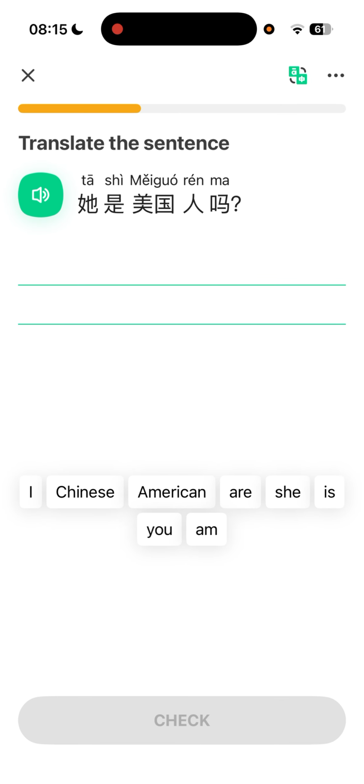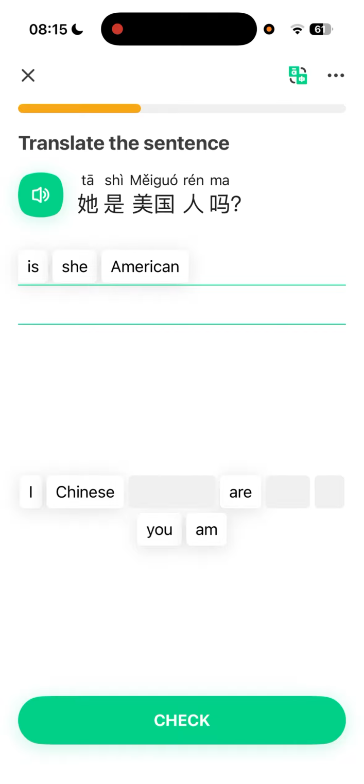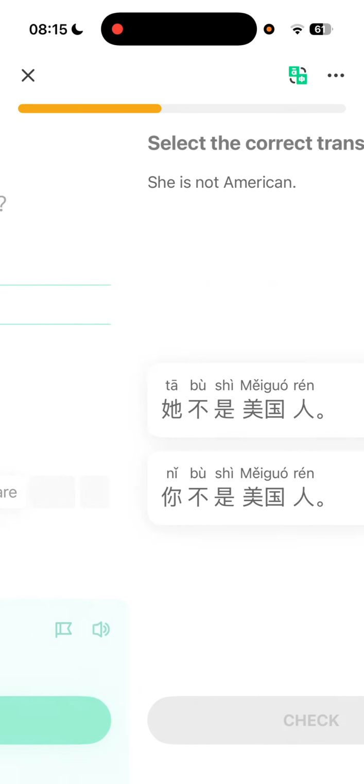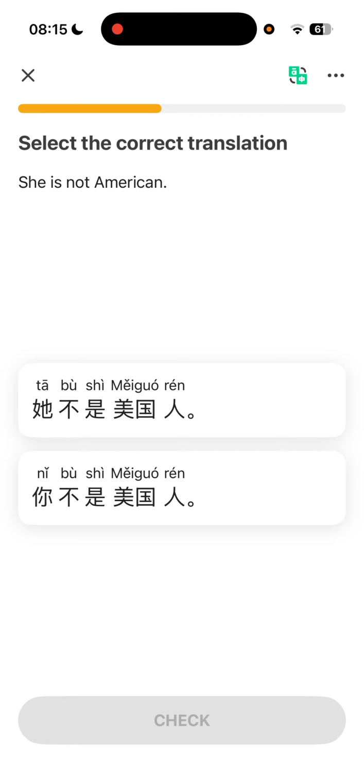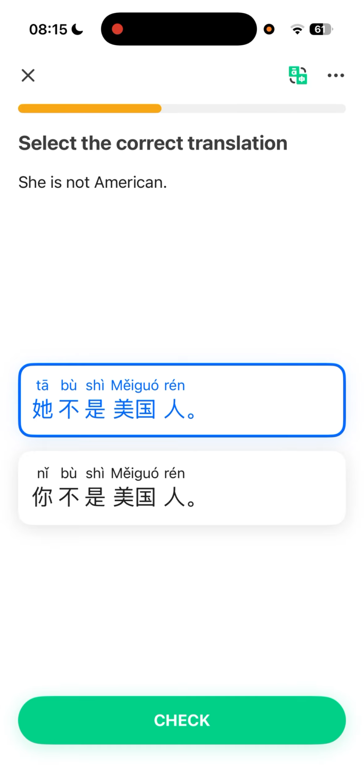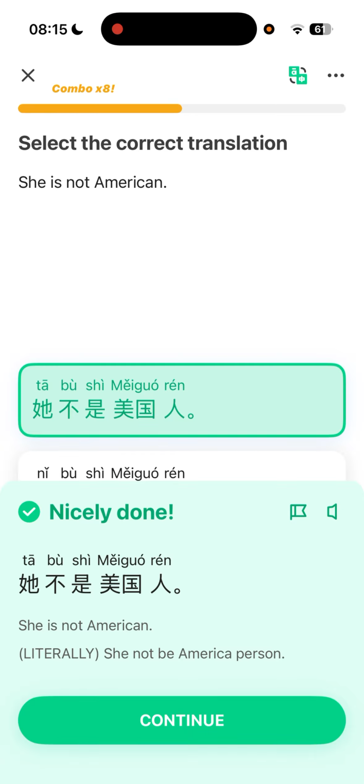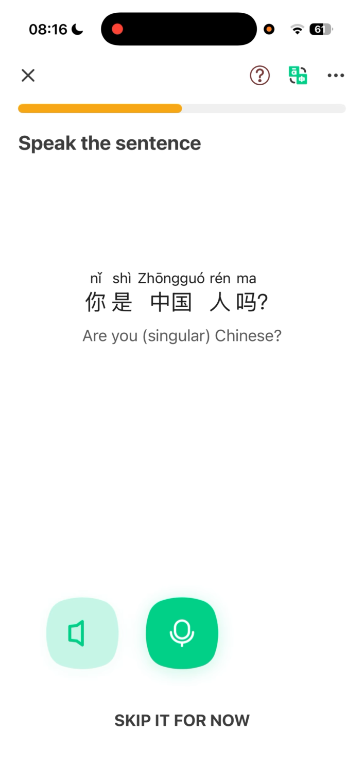Yes. 他是美国人吗？ So depending on the character, we can distinguish between him or her, right? He or she. 他是美国人吗? It means, is she American? She is not American. 她不是美国人。